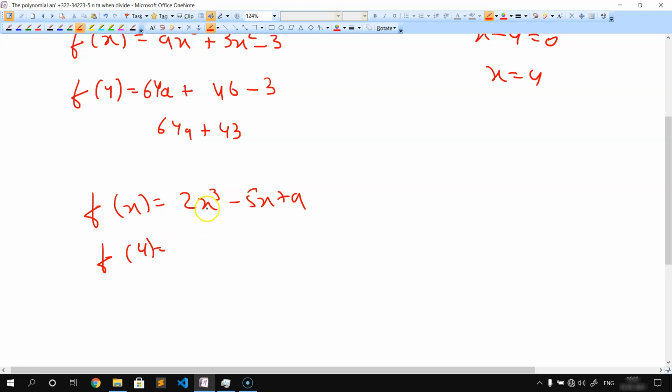So it will become 4 fours are 16, 16 fours are 64. 64 into 2 is 128, minus 4 into 5 will become 20, plus a. So it will become